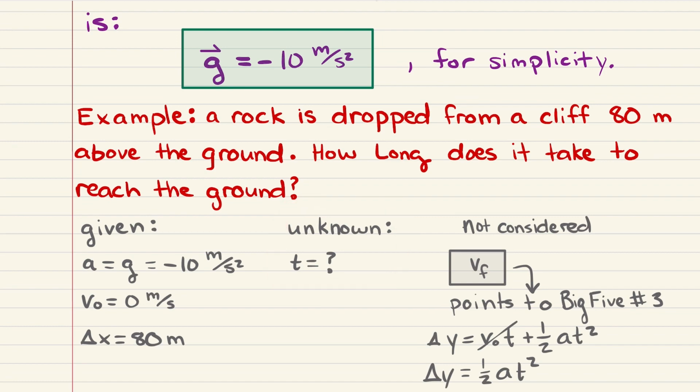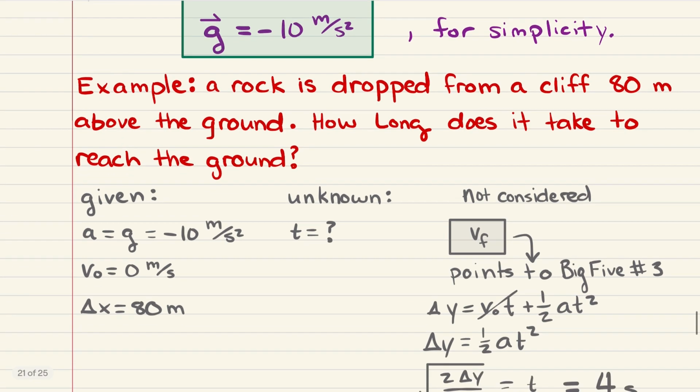So we're given acceleration, initial velocity, and displacement. We're looking for time. The quantity that is not considered here is final velocity. It doesn't ask about final velocity. It doesn't tell you about final velocity. This points again to big 5, number 3. So I'm going to use y instead of x because we're talking about a vertical situation here, but it's the exact same relationship. I'm going to say that delta y is equal to v naught times t plus 1/2 at